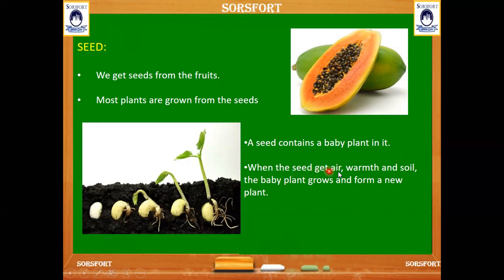When the seed gets air, warmth, and soil, then the baby plant grows and forms a new plant. When we sow a seed in the soil, when it gets proper air and warmth, the baby plant inside the seed grows into a new plant like this. You can see this example. When we sow a seed, the baby plant comes out from the seed.